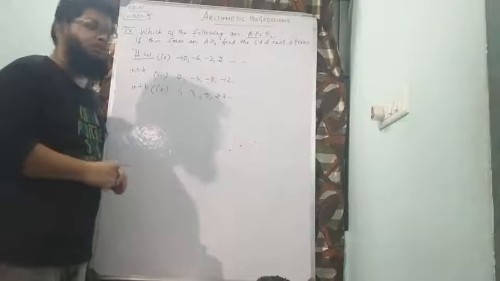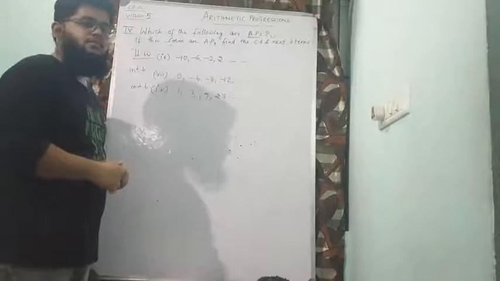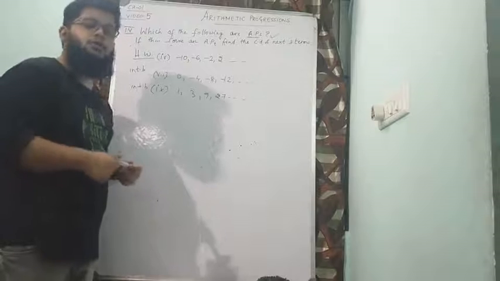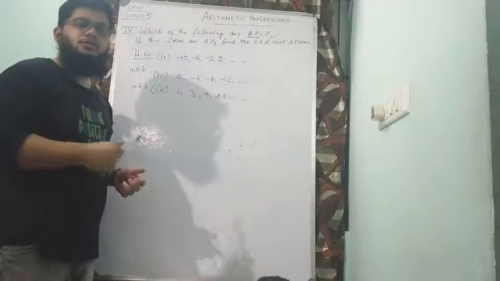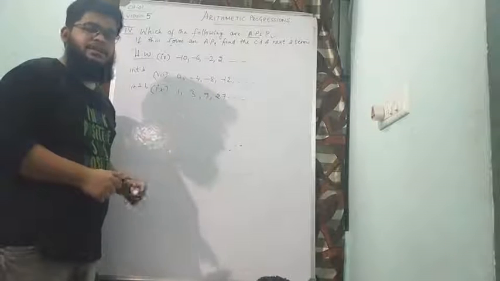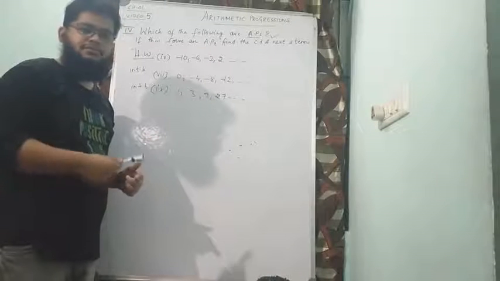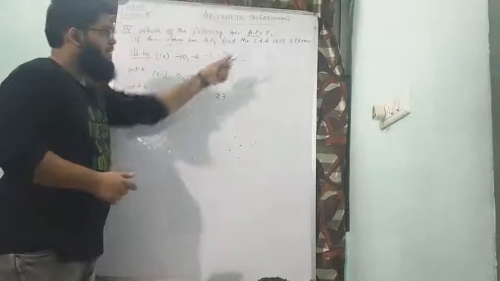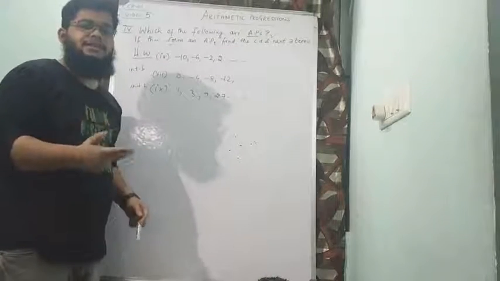I'll repeat what you should be doing for all the three given problems as homework. You'll have to first prove whether they are AP or not. How to prove that? Find out 2 or 3 common differences, the values of D, and if they are the same every time, it's AP. Not the same, not an AP. Next, if they are AP, then find the next three terms A5, A6 and A7.